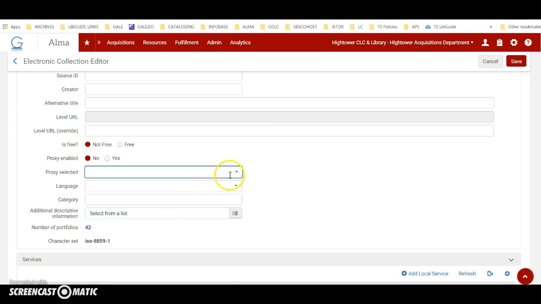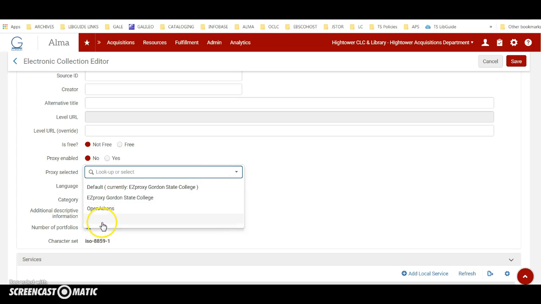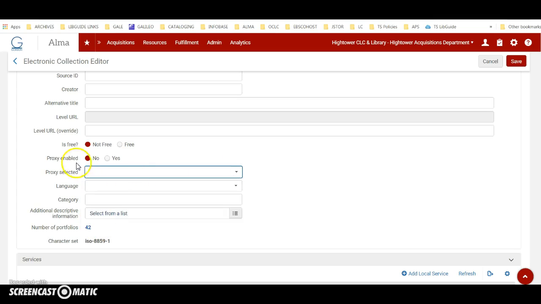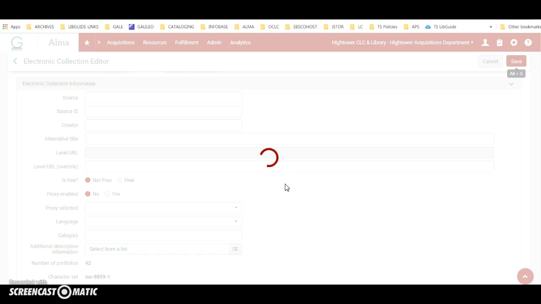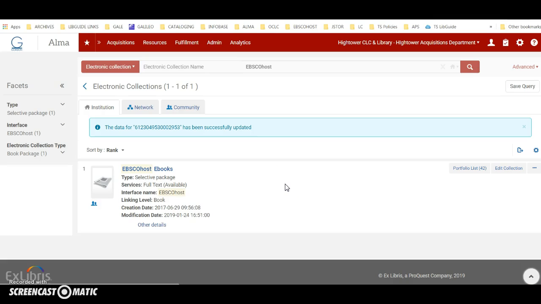and we're not going to select Open Athens for EBSCO. We're just going to leave this blank. So proxy enabled no, leave proxy selected blank, and then click on save. And then we're going to go to our portfolio list, and